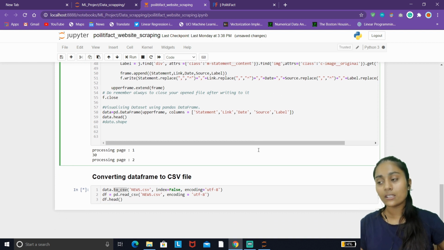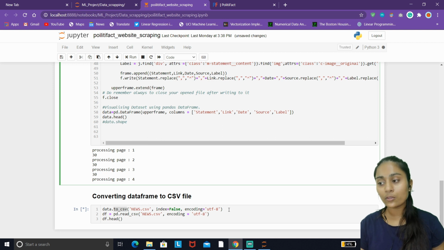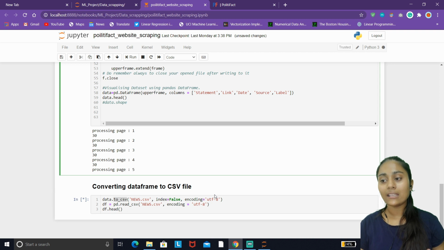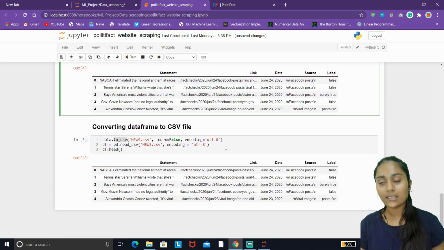And if you are done with it, let's move on to our next step, which is to convert the data frame to a CSV file. As I have mentioned earlier, I wouldn't recommend using that just because it's easy to use and has a simple line of code, because it will return an ambiguous dataset when you open this CSV file in your Excel sheet. The syntax is the same and very easy.